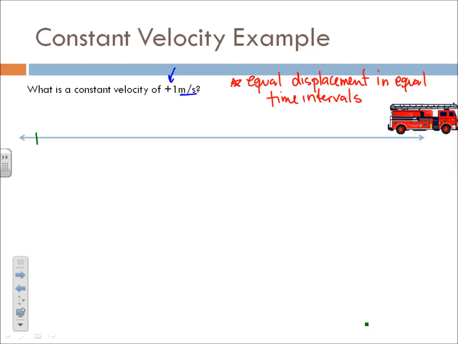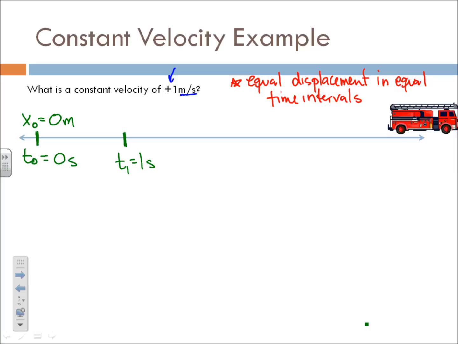And the way that we do this is show the positions of the object at different times. So at our very starting point, and since we're going to have several of these, I'm going to call it x sub 0, so a subscript of 0. We're going to be located at 0 meters. And this fire truck will be moving off to the right. Well, at 0 seconds, it is located at 0 meters. After 1 second, we'll call this T1, 1 second,